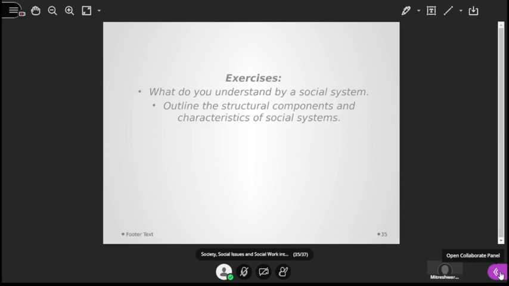Alors, what do you understand by the social system? Outline the structural components and characteristics of a social system. Alors, comment on fait ça? Très important dans le chapitre où on parle de social system, parce que vous allez voir, definitely you have a question regarding social system. It may be designed with some social issues, and then how those social systems interact with the person to come out of the problem. D'accord? Et avec toutes les valeurs qui viennent d'être mentionnées, comment ça a aidé pour amener la société à un bon point?